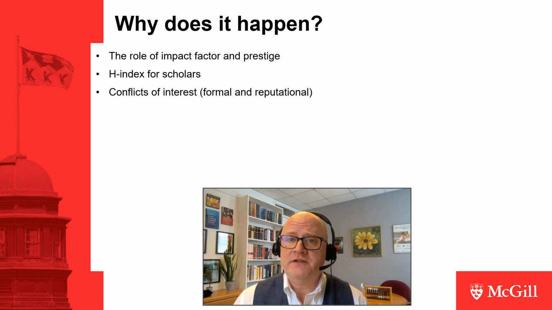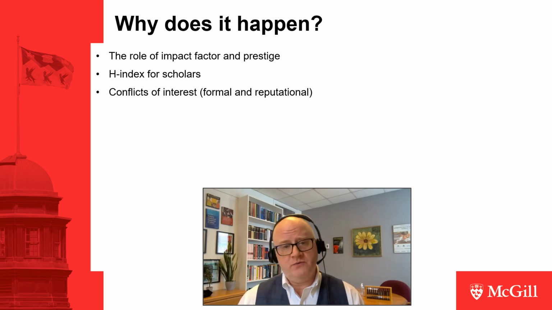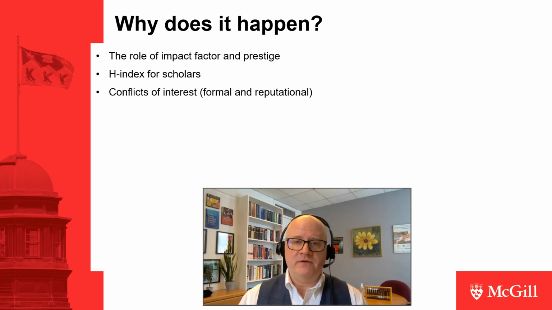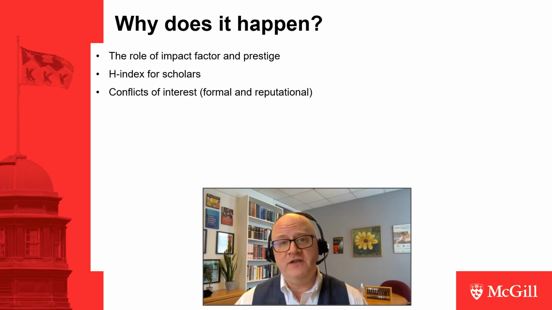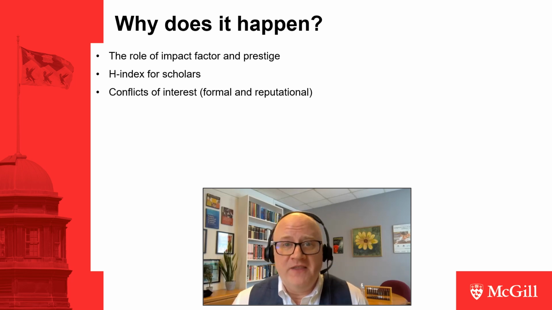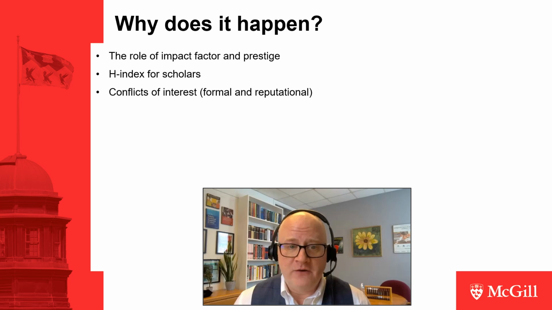It's also for scholars. They are focused on their H index, which is a function of how many papers they've written and how often those papers are cited. They want to send it to a journal that gets cited a lot, has a high impact factor. How do you do that? You get things that are exciting, that are novel, that are innovative. That's the important part. And so what tends to happen when you focus on novelty and innovation is you get really, really, really crappy research design. That's what happens, and that's the outcome of publication bias.